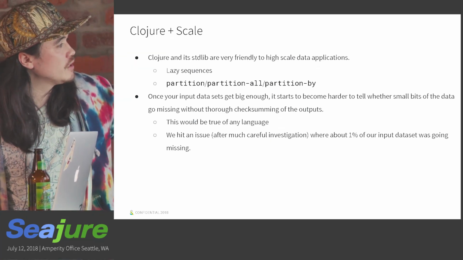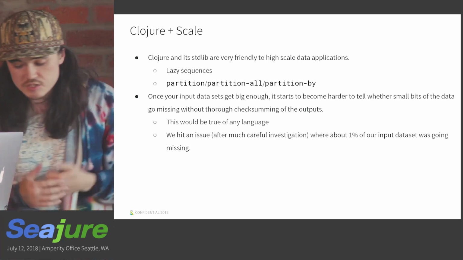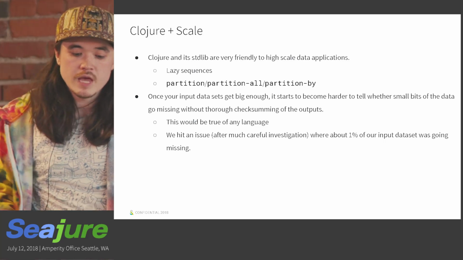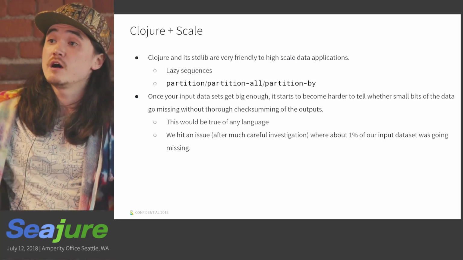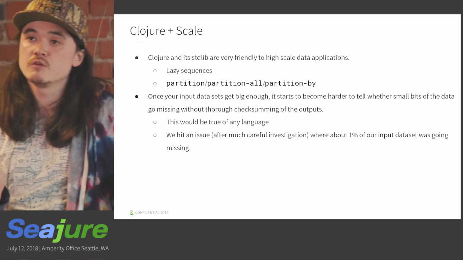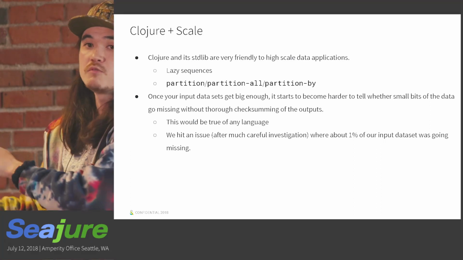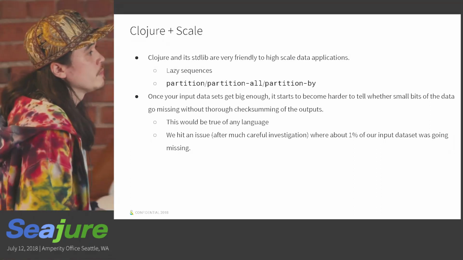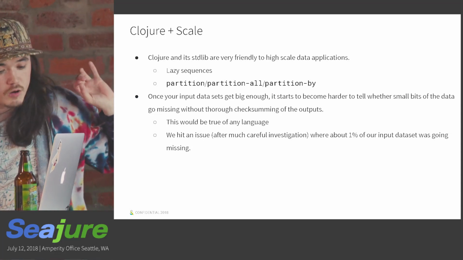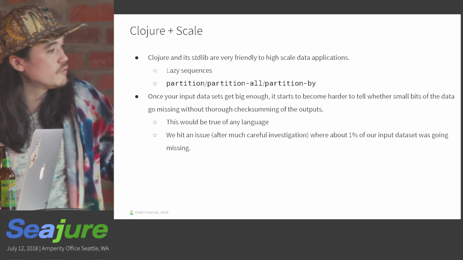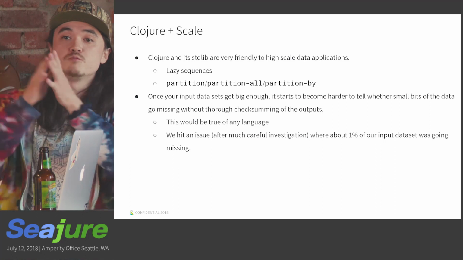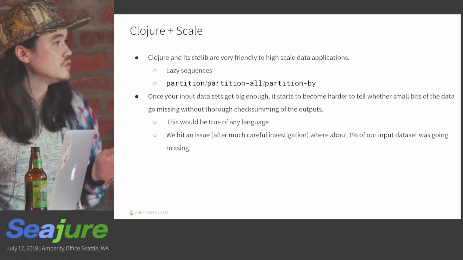So on the left-hand side was the buggy version, where this function is basically supposed to look over the key space of an input data set and then create split points, so that if you built ranges between each of those two split points, they would be roughly uniform. You'd have roughly the same number of rows in each one, or the same number of bytes. The core bits of it worked, except when we dug all the way into it, we found that the last range, the range that goes from the last split point, which is not the max key, to positive infinity, was not being included for some reason.